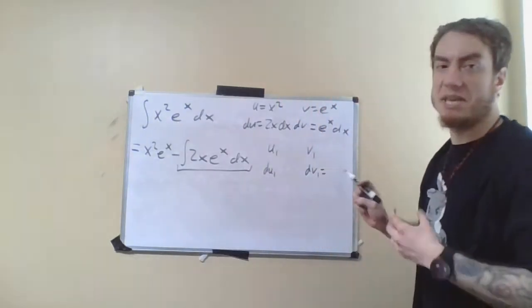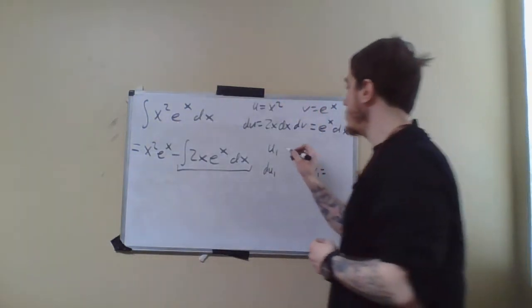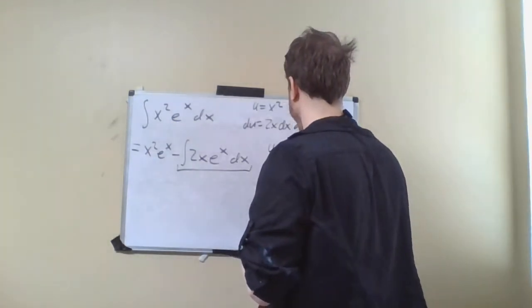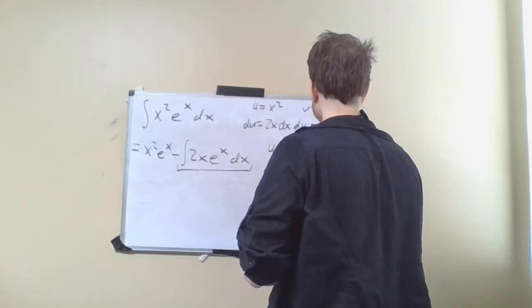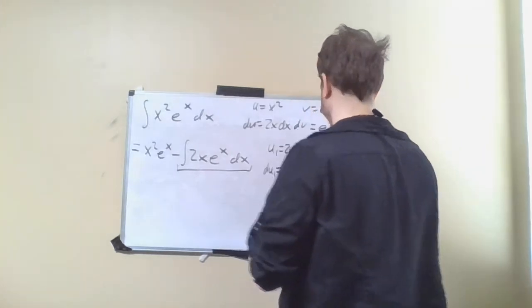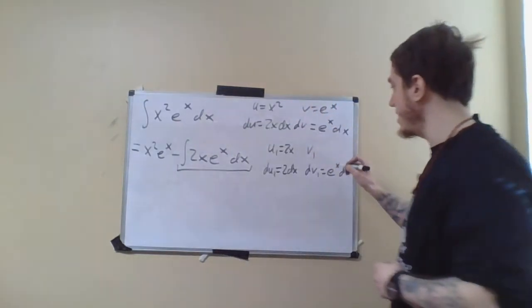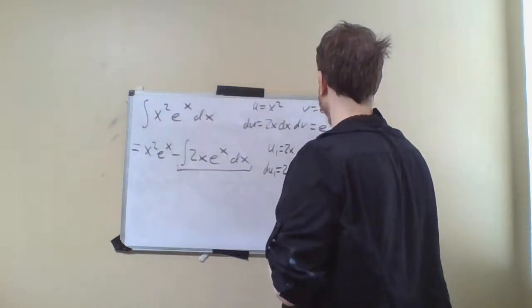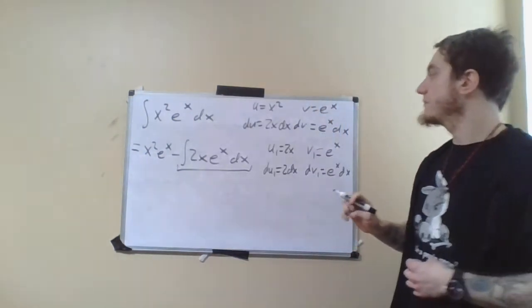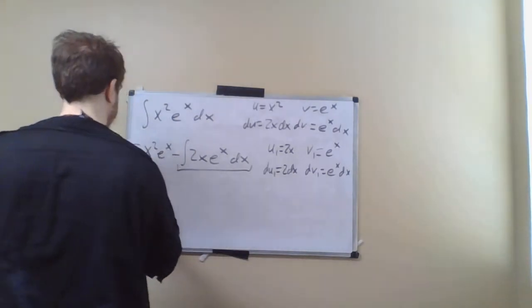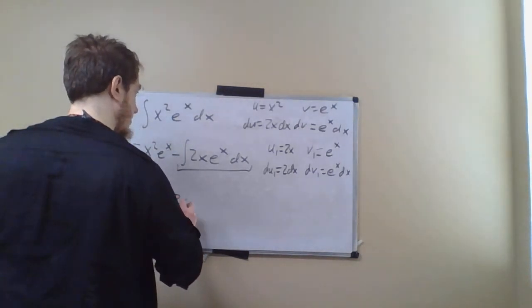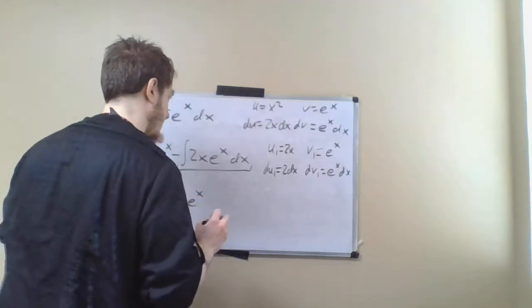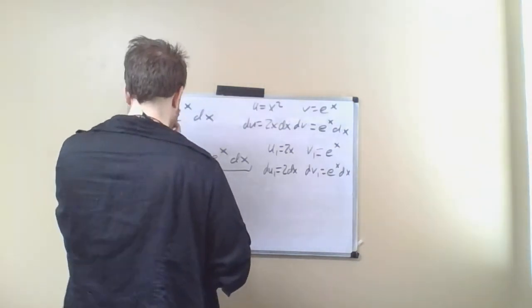In other words, I'm going to repeat this process again. My u1 is going to be 2x, so the differential becomes 2dx. dv1 is e to the x dx. Actually, that's the same as I picked for dv. That makes v1 still just e to the x. And that means this is going to become x squared e to the x. Then I'm going to have minus 2x e to the x. And then,